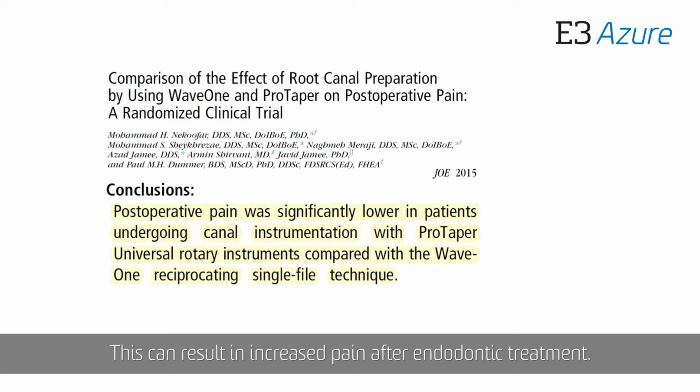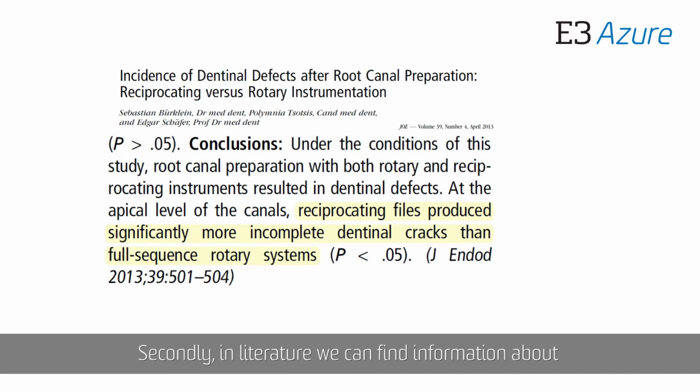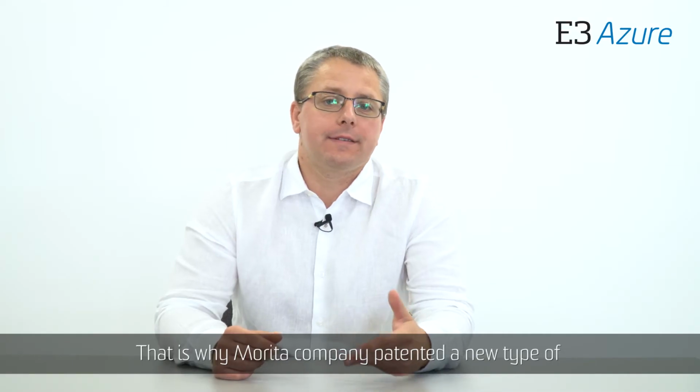This can result in increased pain after endodontic treatment. Secondly, in literature, we can find information about an increased number of dentine microcracks after using reciprocal systems, especially one-file systems. That's why